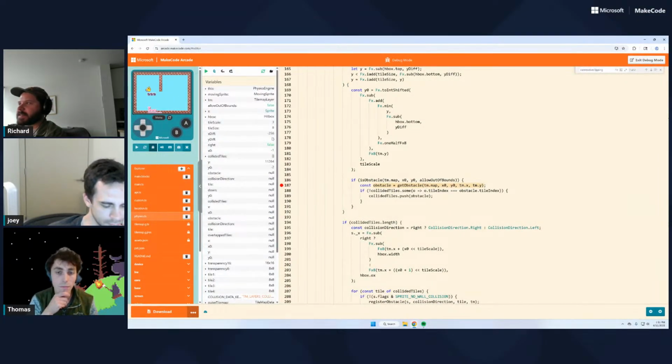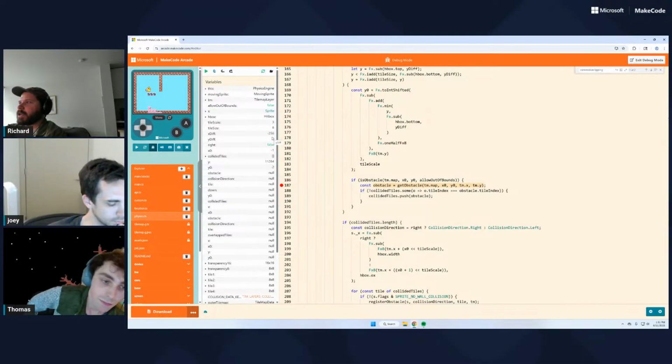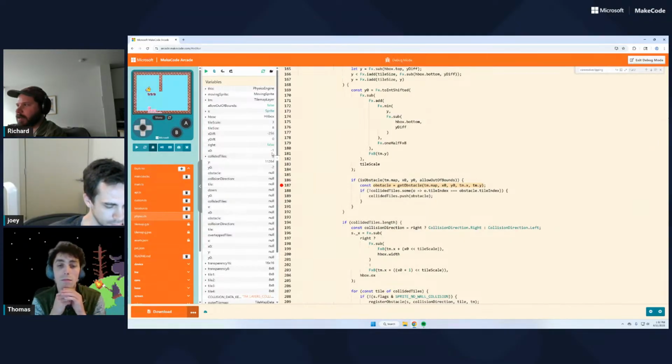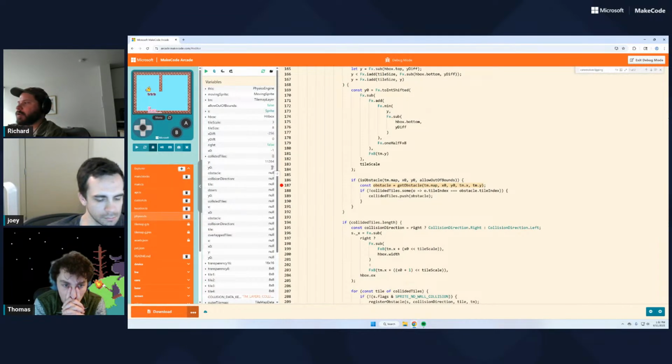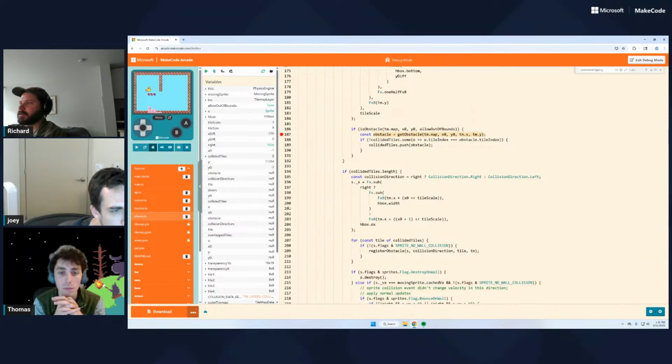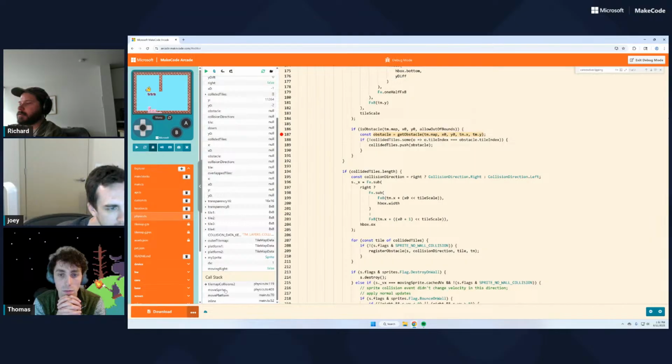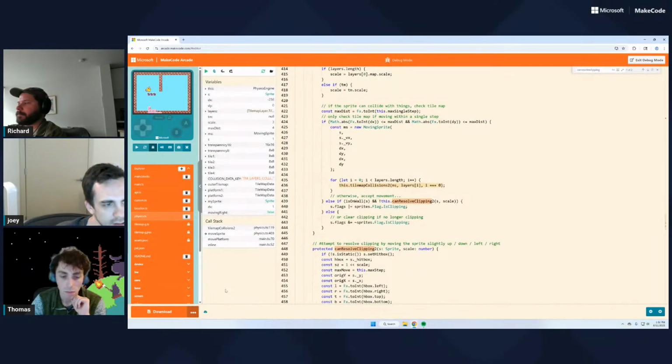So there we go. Our x diff is negative 256. Our x0 is negative 1. And our y0 is negative 2. Okay, and allow out of bounds is false. Okay, so this is what the problem is. Allow out of bounds should not be false here. Should not be false here. Yeah. Because